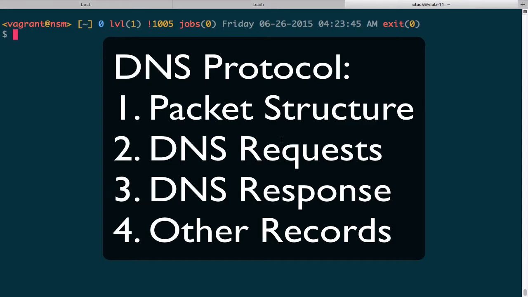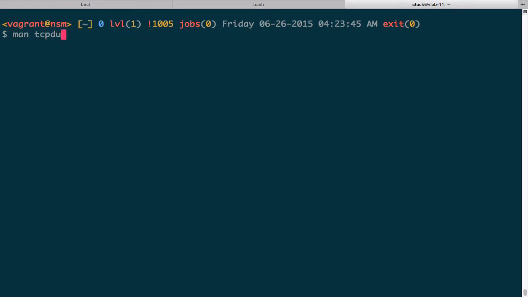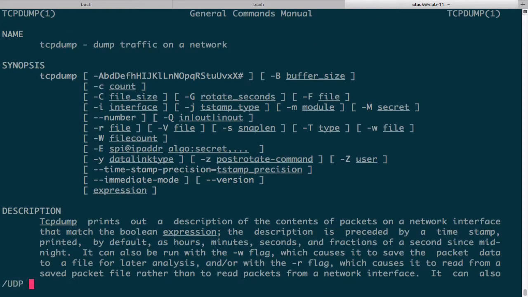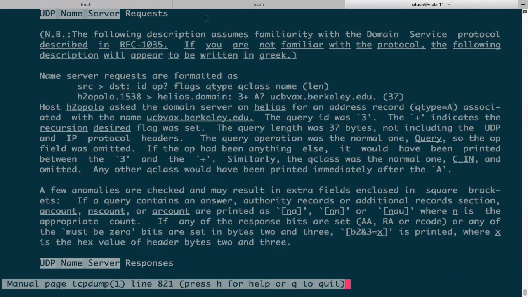Let's begin talking about one of the most important protocols on the internet, and that is DNS, the Domain Name System. We'll begin by opening up Tcpdump, and we're going to search for UDP name server, and this brings up two sections for requests and for responses. These two sections in the Tcpdump manual page basically discuss how Tcpdump interprets the various fields of the DNS packets. So I highly recommend familiarizing yourself with these texts, and we'll cover some of them in this